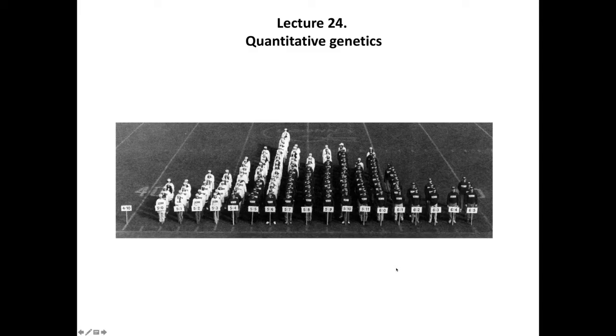In this lecture, I will be introducing the concept of quantitative genetics and start with this very famous photograph of the distribution of heights among a class. I'm not sure what exact university it was from. Women are shown in white, and men are shown in darker colors, and one can see that there's sort of an approximate normal distribution to heights ranging from 5'0" all the way to 6'5", and one can see that this normal distribution is basically a composite of two other normal distributions for height for women and then for